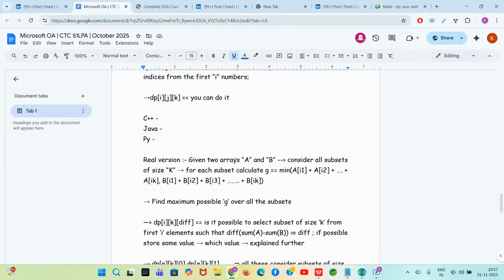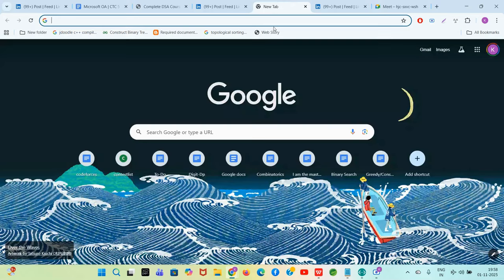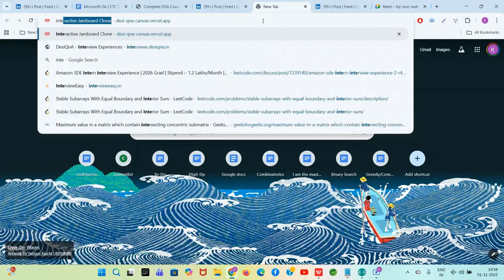Okay, so guys, two arrays are given to you. You have to consider all subsets of size k. Subsets means not subarrays. Just pick up any k elements from array A and array B. Always calculate G, which is the minimum of the first sum from array A and the second sum from array B. Calculate this value G. You have to find the maximum possible G over all the subsets. So if I try to show you some particular example, guys,